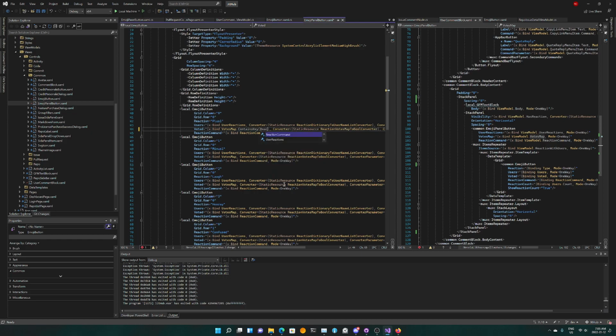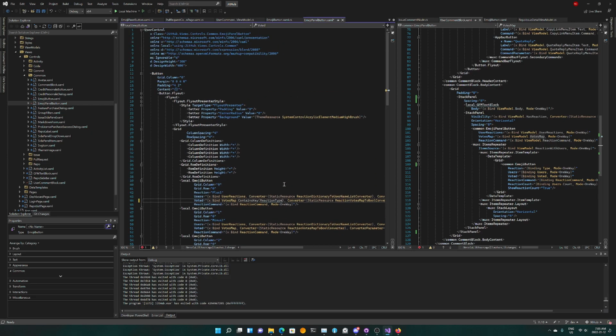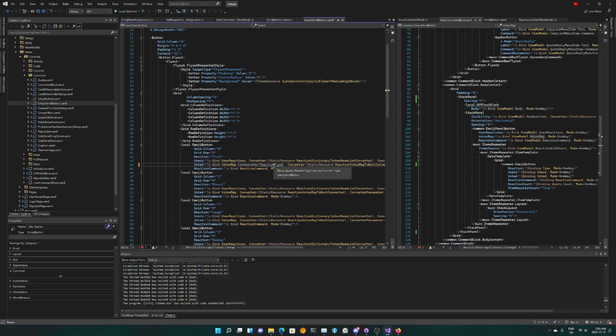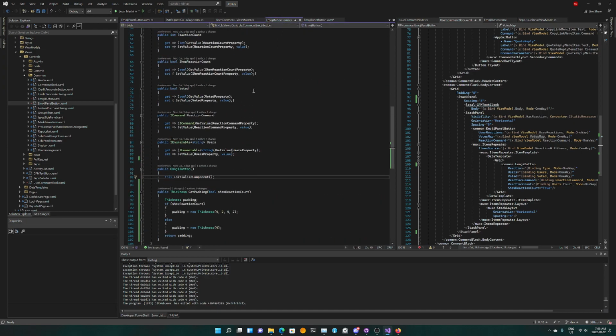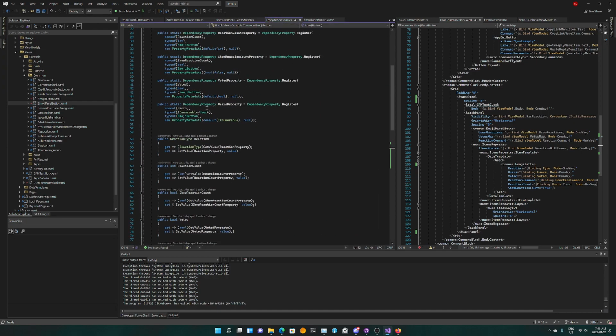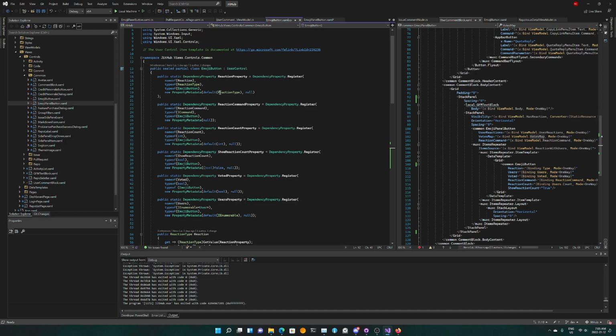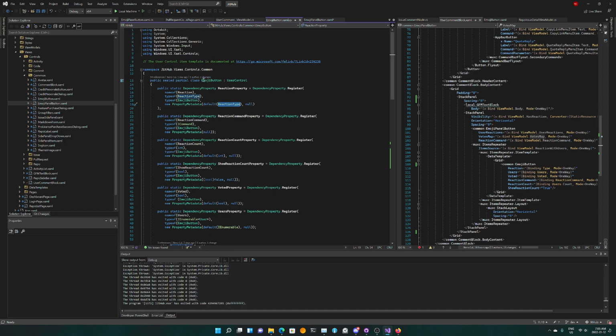Of reaction type. Can we do reaction type here? No. We do have reaction type in here, I believe. So reaction type is from